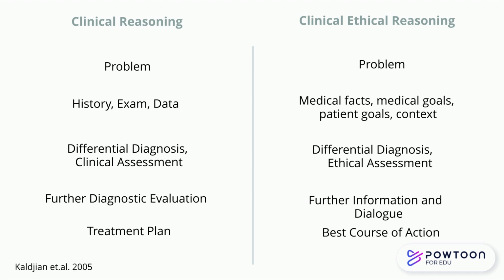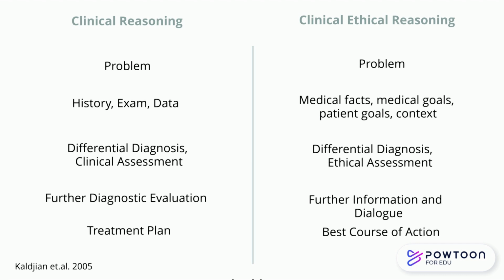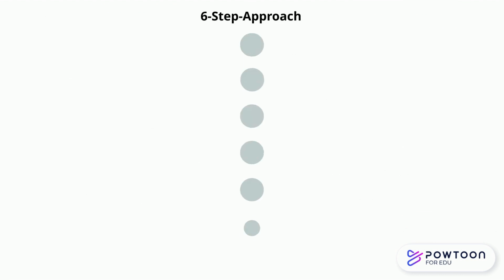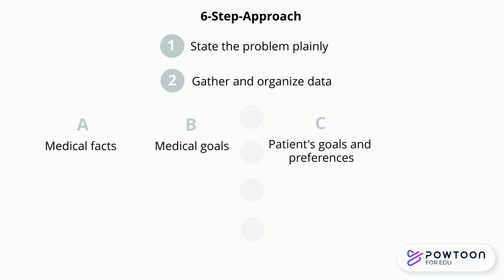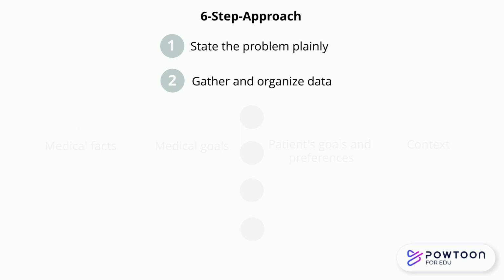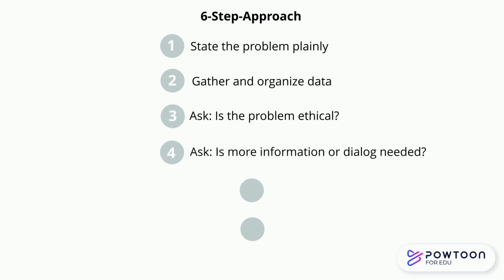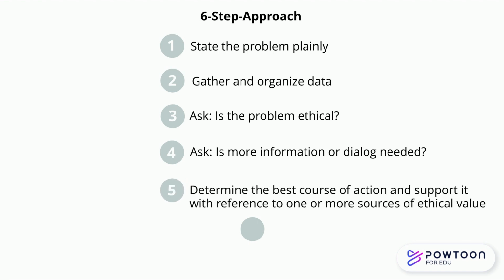The clinical ethical reasoning can be implemented practically with the 6-step approach. The first step is to state the problem plainly. Afterwards, you gather and organize the data, which consists of the medical facts, the medical goals, the patient's goals and preferences, and the context. Thirdly, you ask, is the problem ethical? Step 4 is to ask if more information or dialogue is needed. The 5th step is to determine the best course of action and support it with reference to one or more